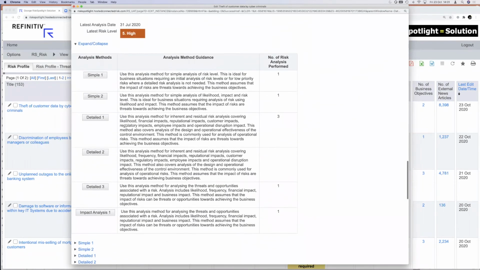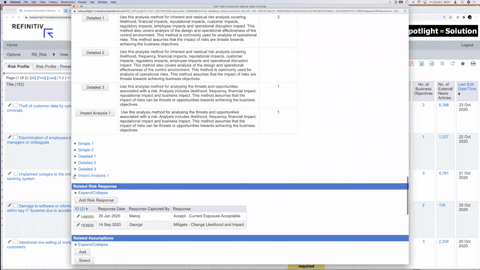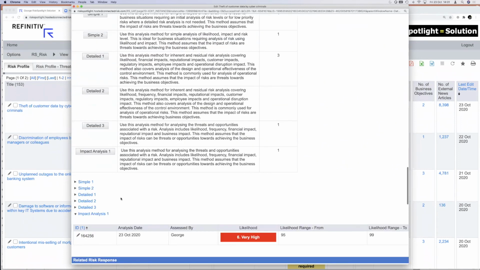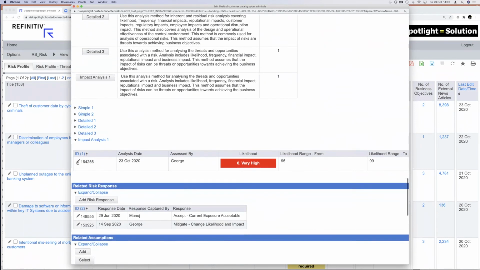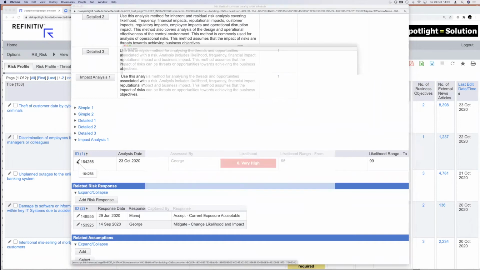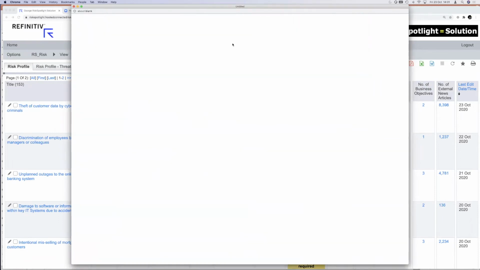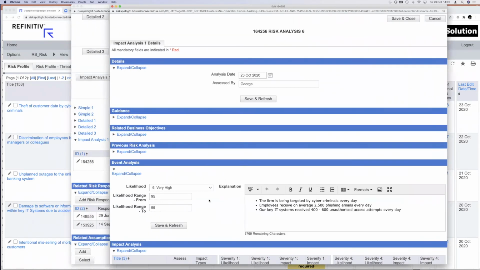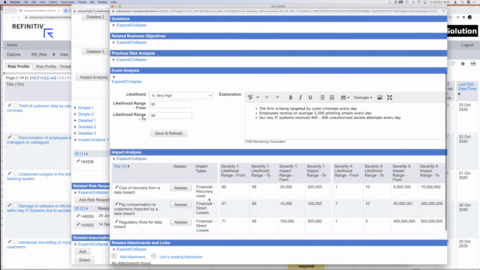In this case, there are 6 different choices which have been given, and there is an explanation of those. But if I show you the approach which we saw in the first session around impact analysis, which is a little bit more rigorous, if I open that, this is the approach that we had seen yesterday, where you do your event analysis of your data breach.